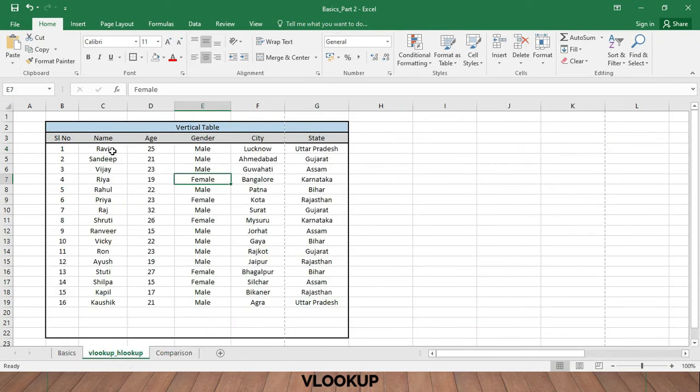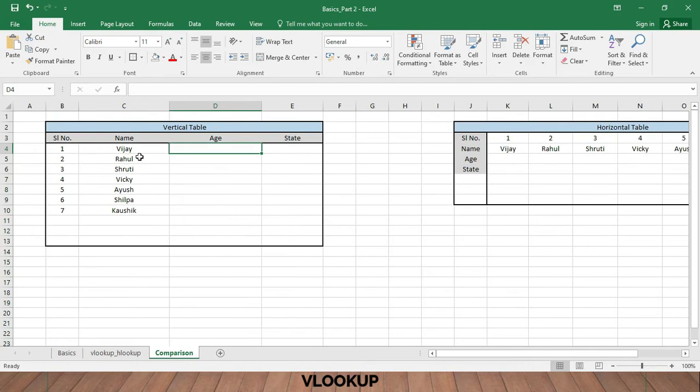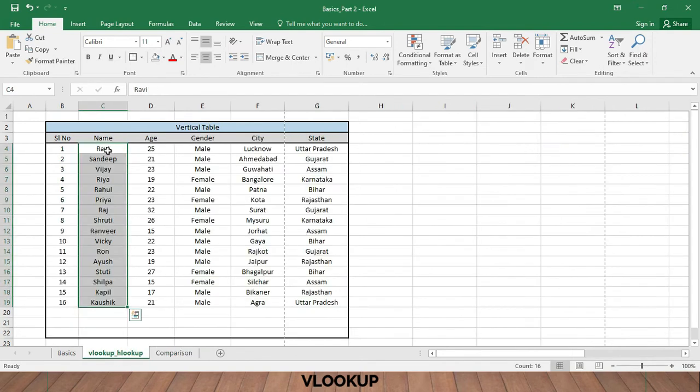If you see this table, the only common thing here is the names. I have Vijay, Rahul, Shruti, Vicky, Ayush, Shilpa, Kaushik. So do we have these names here? Yes. Ravi, Sandeep, Vijay, Kaushik, Vicky, we have these names available here.